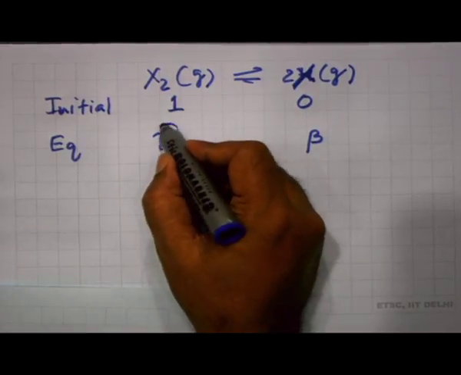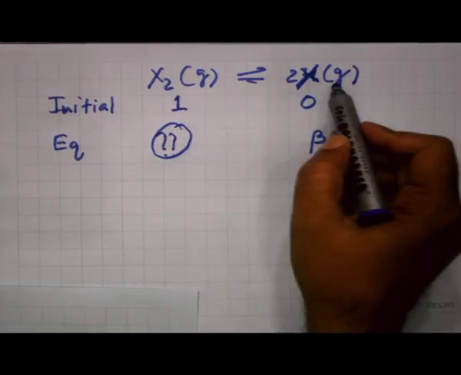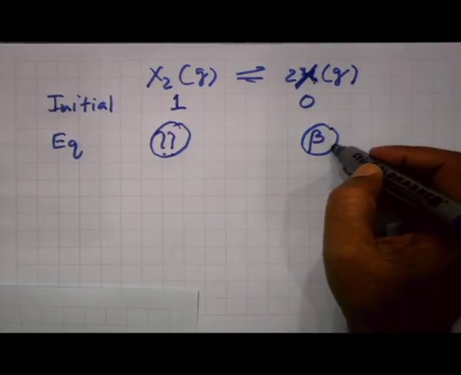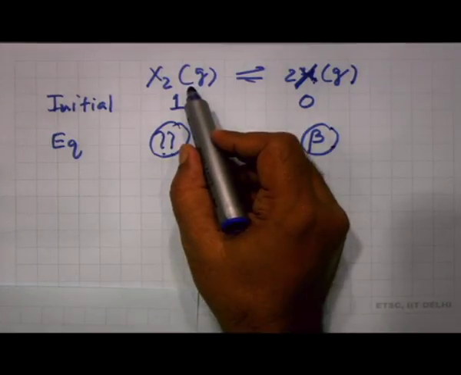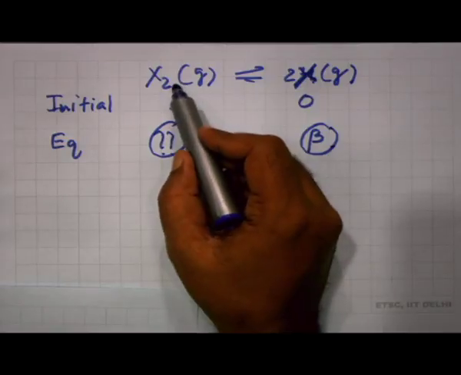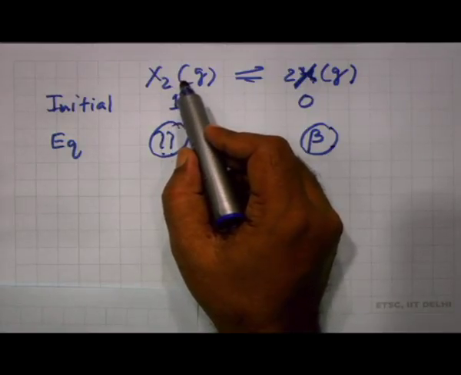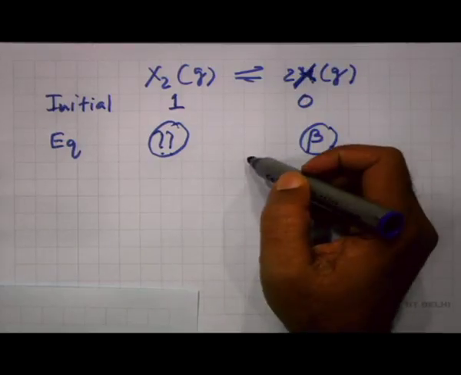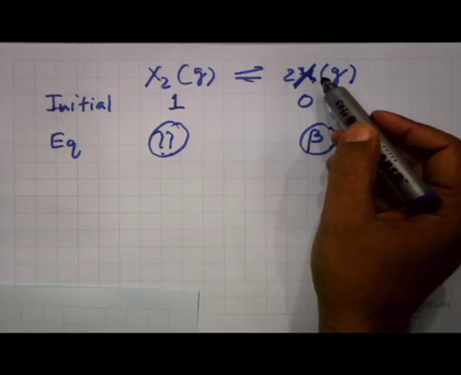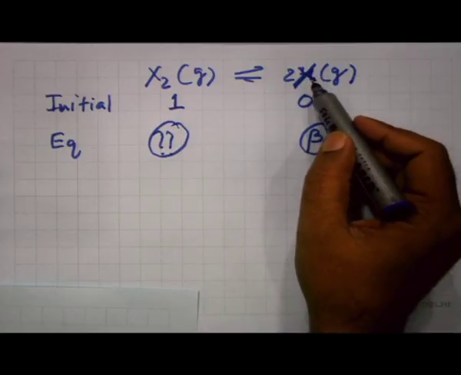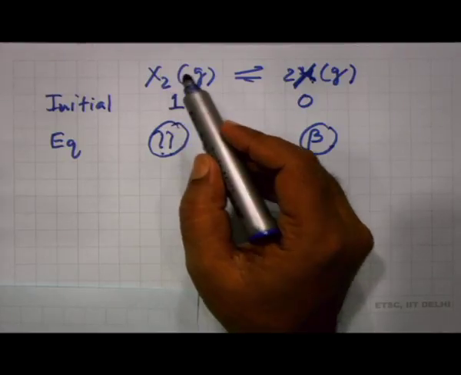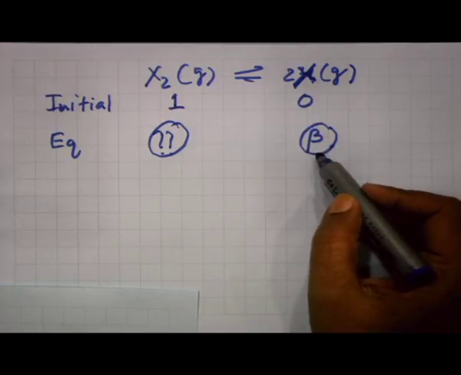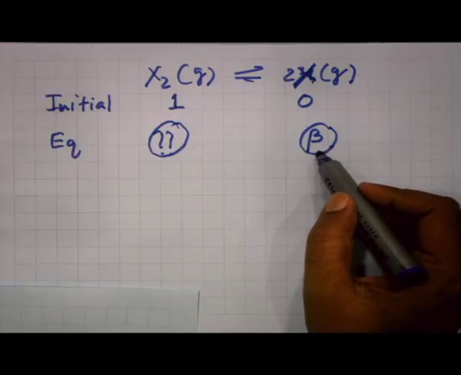The way you can do this is by looking at the reaction and the number of moles of X formed at equilibrium. What this reaction tells you is that if 1 mole of X2 is used, 2 moles of X will form. Or you can just think in the opposite way: if 2 moles of X are formed, 1 mole of X2 is used. Okay, so if I think in this way, now think of this, if beta moles of X are formed,